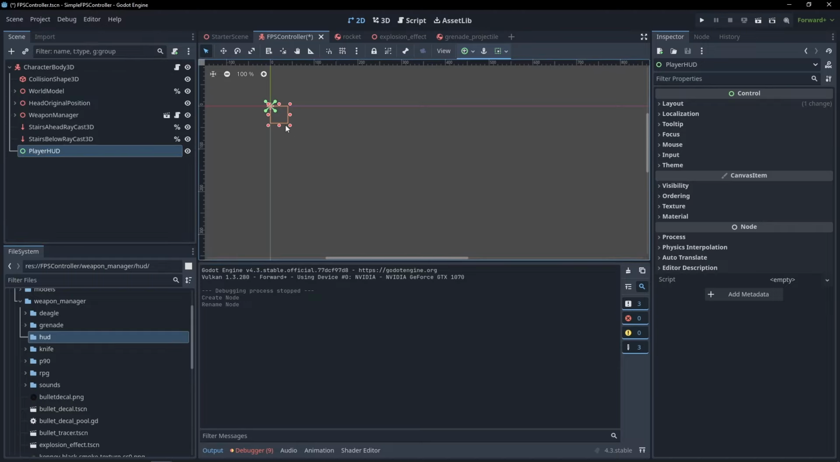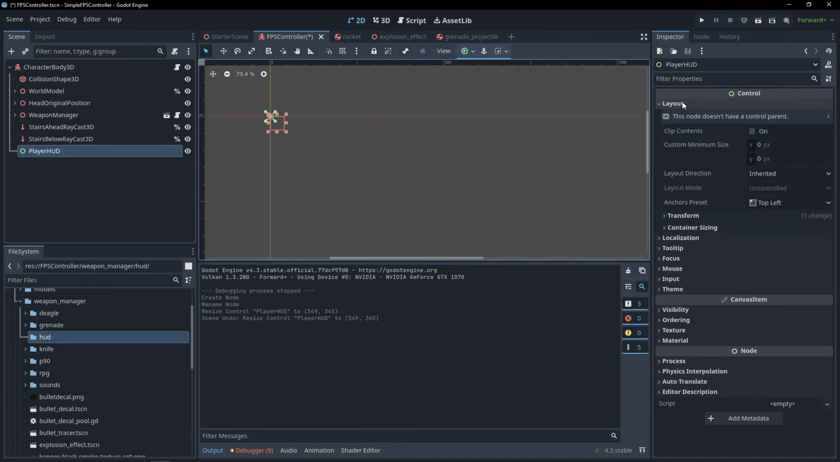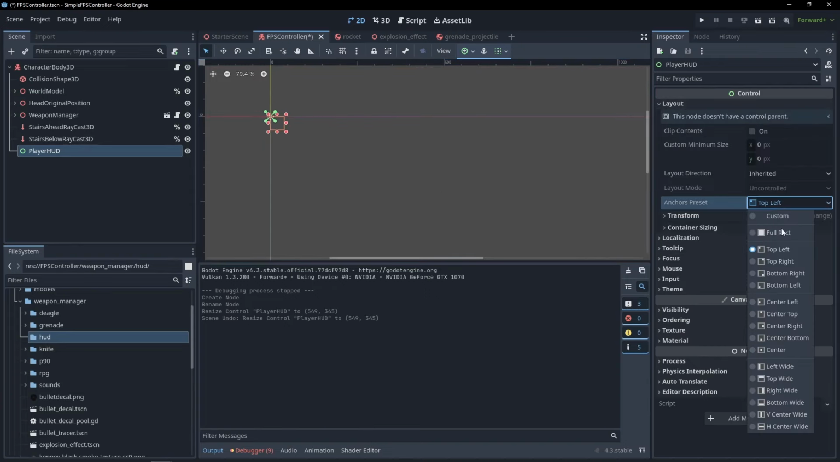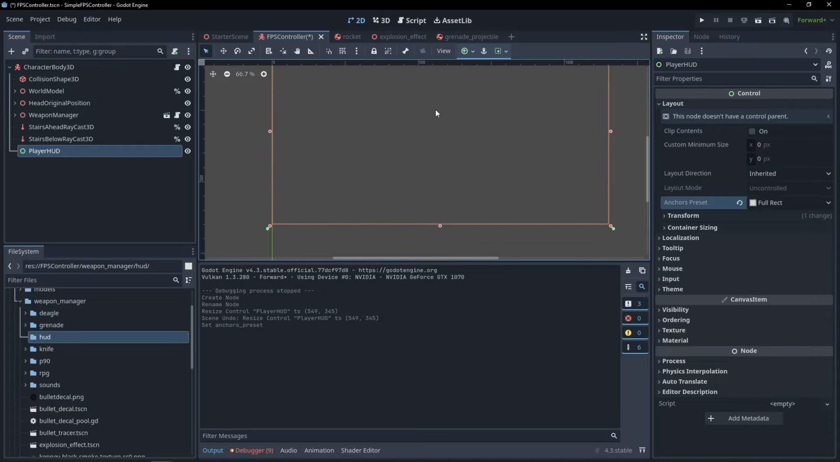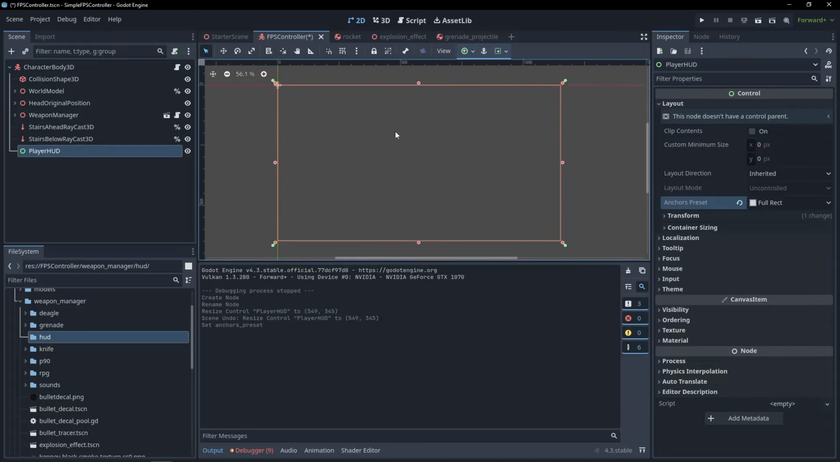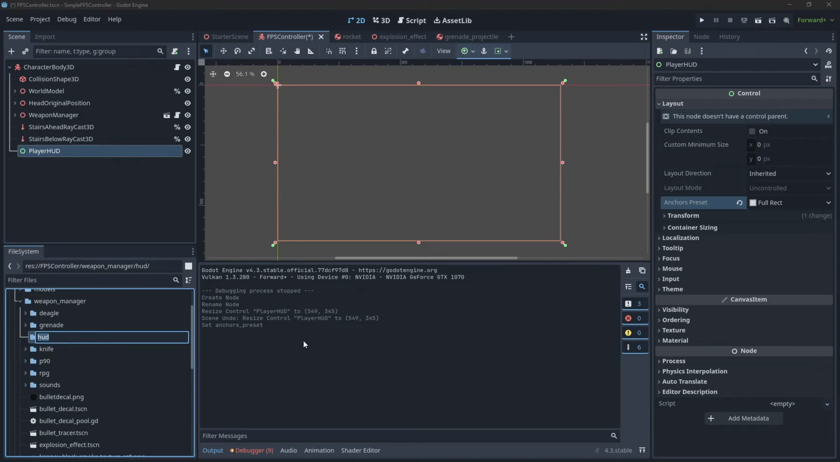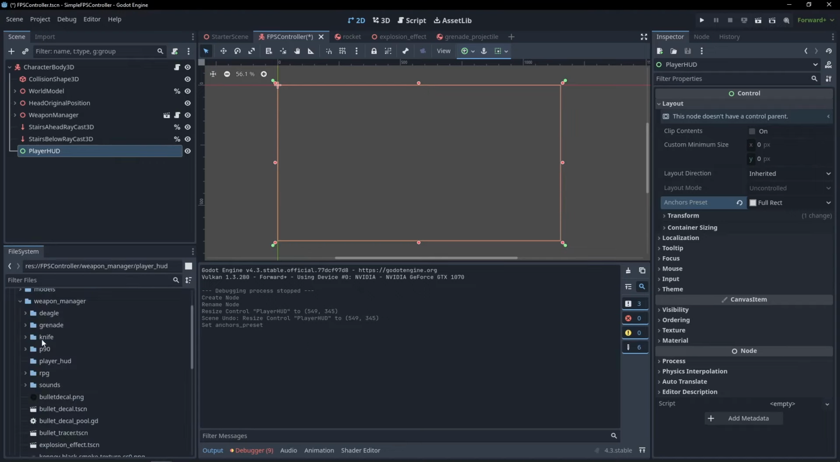And the HUD should be stretched across the whole screen. To do that, you can go to Layout, Anchors Preset, Full Rect. That will make sure the control node we add covers the entire screen, and it's going to fit the HUD maximized over the whole screen. So that's important. And I'm actually going to rename this to PlayerHUD